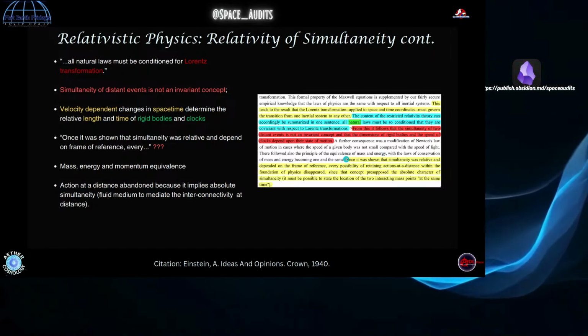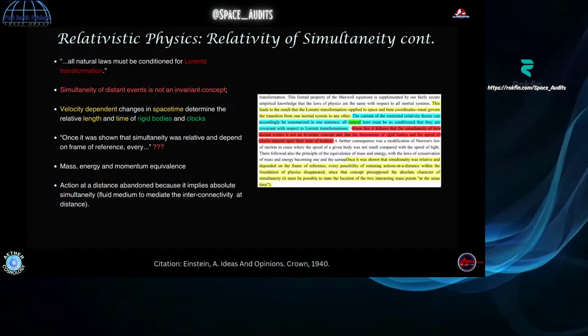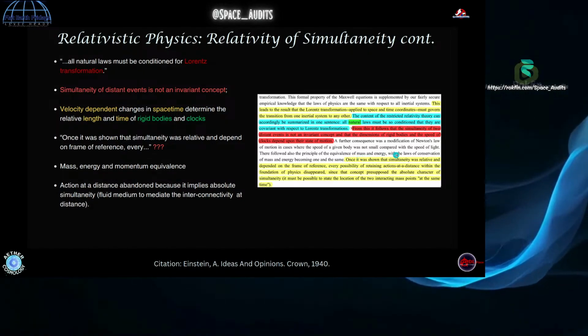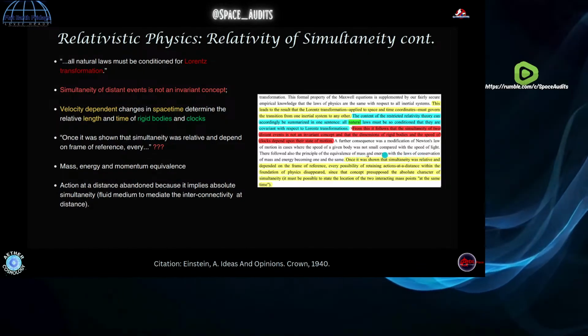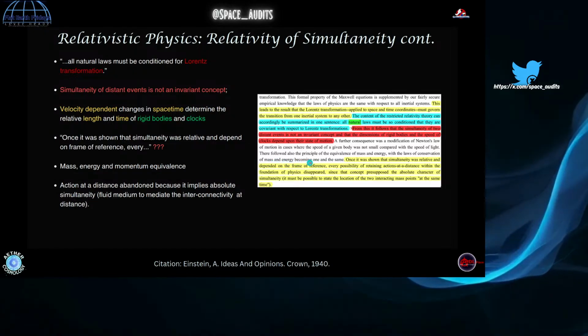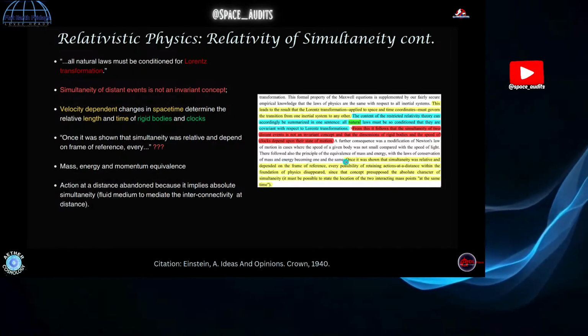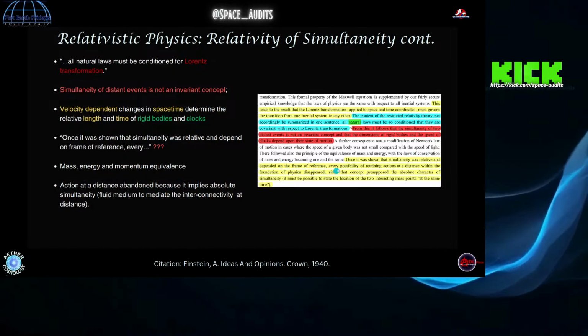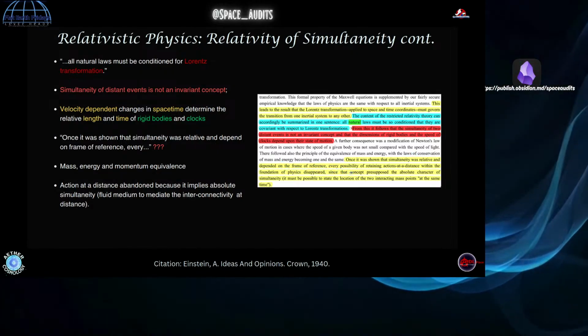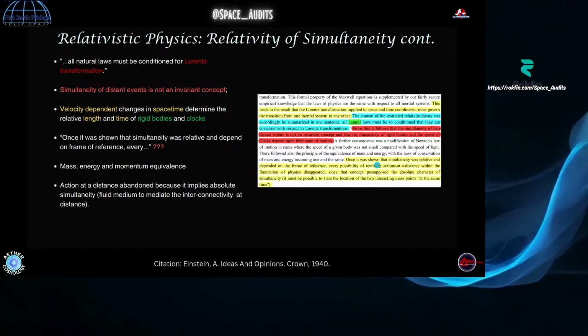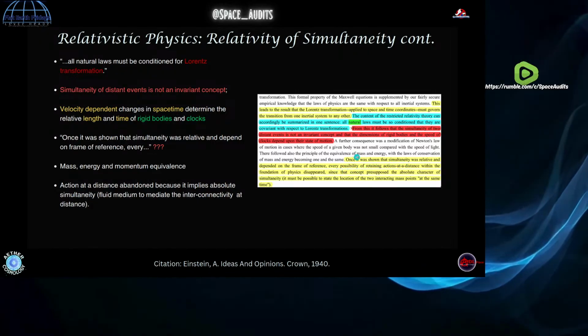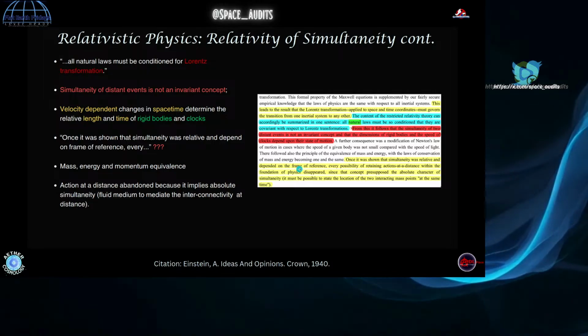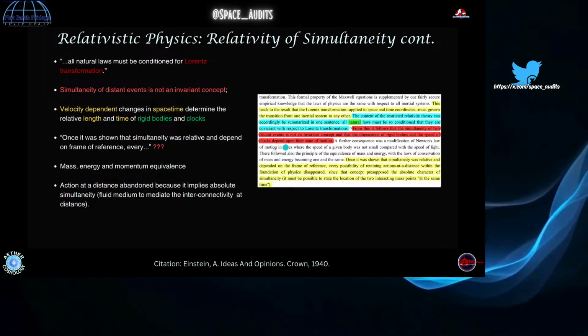So anyway, he goes on to say here, once it was shown that simultaneity was relative and depended on the reference frame, every other possibility of retaining action at distance with the foundation of physics disappeared, since the concept proposed an absolute character of simultaneity. Okay, so remember, simultaneity is,